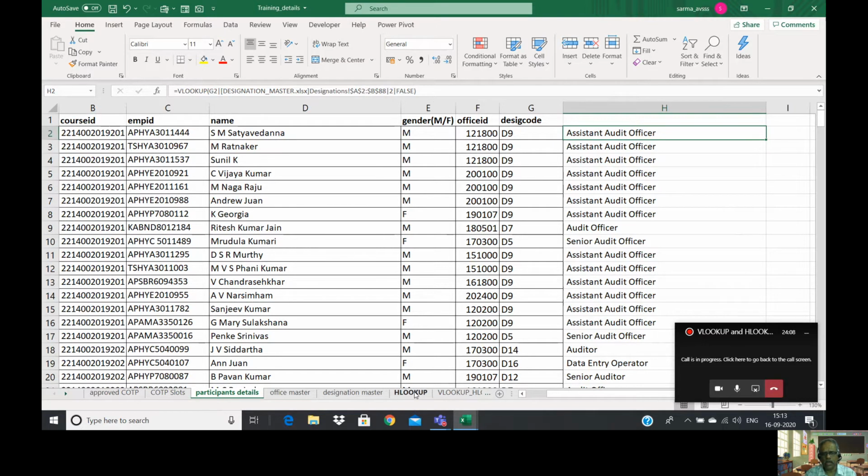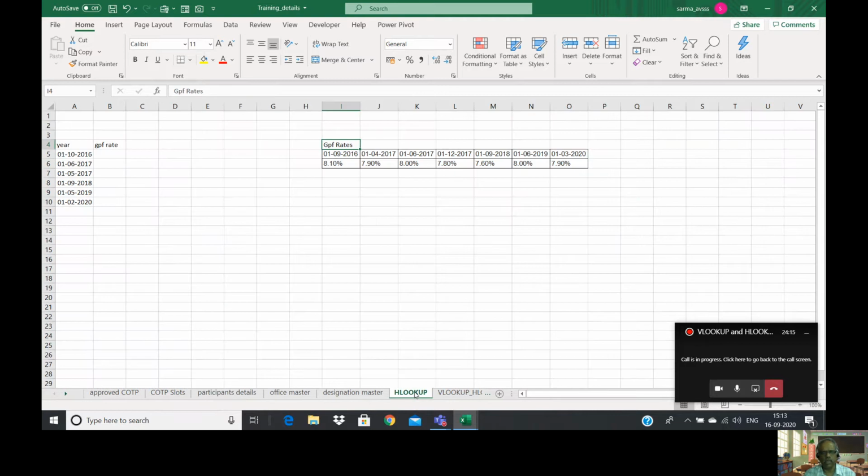Now I will explain about HLOOKUP also. HLOOKUP also works like VLOOKUP, but it will be used when the data is available horizontally. Here, if you see, these are the GPF rates. Here 1/9/2016, it is 8.1% up to, and it was changed from 1/4/2017 to 7.90.